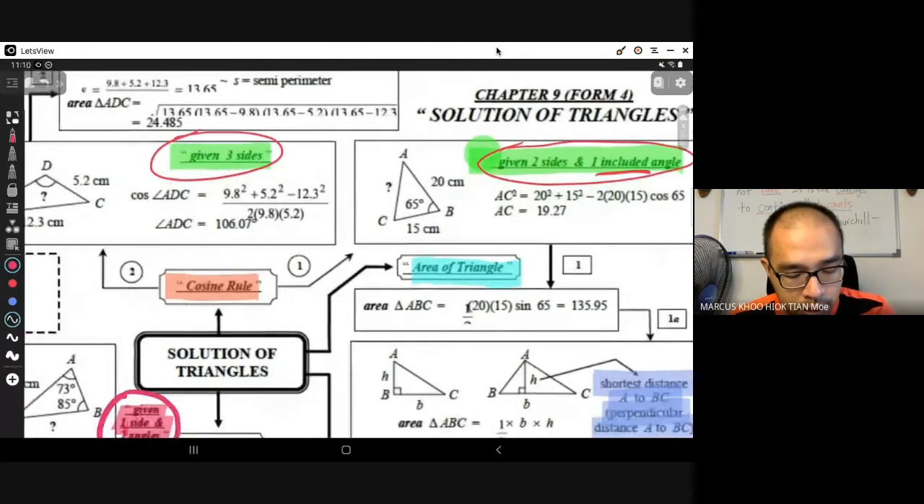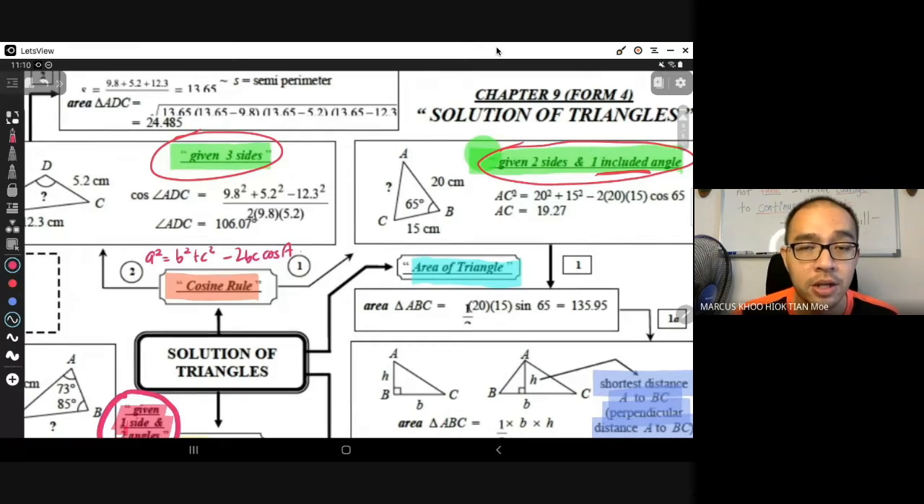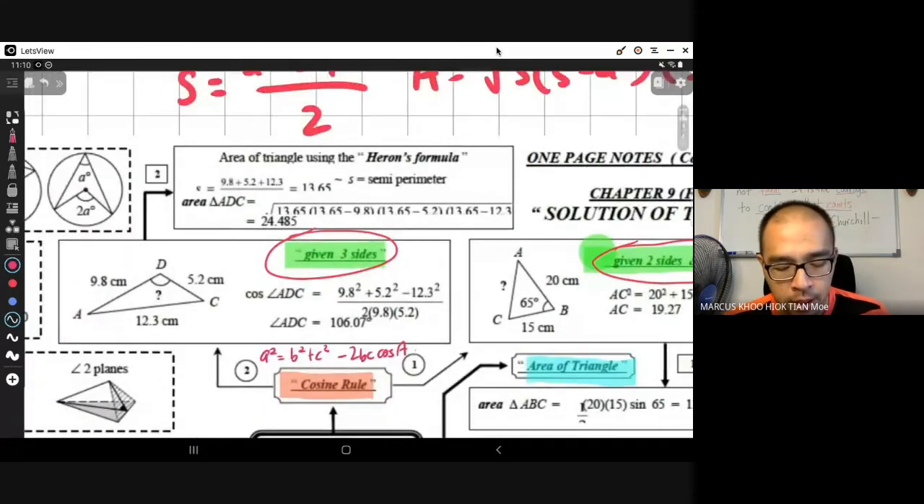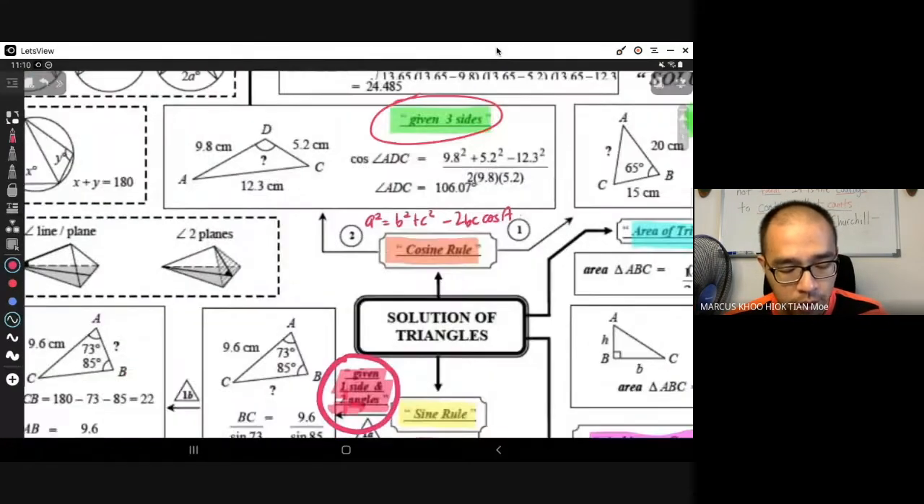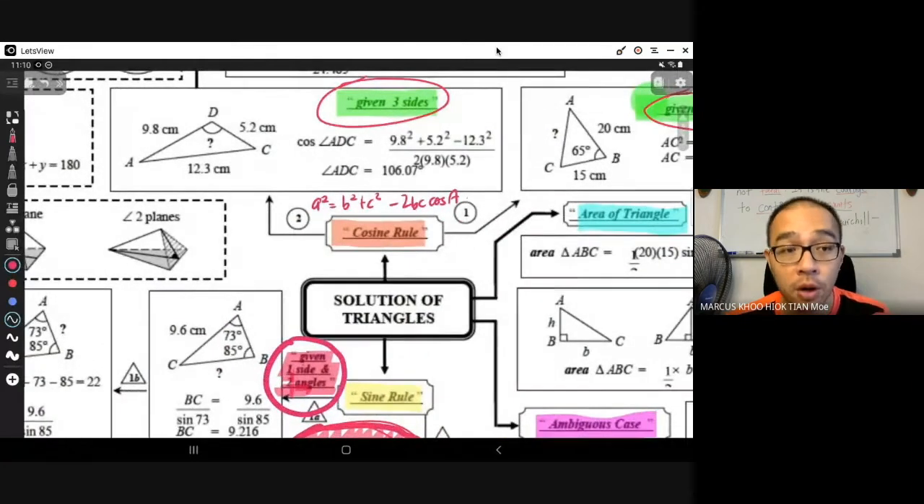Okay, cos rule is simply a squared equals b squared plus c squared minus 2bc cos A. I'm writing this very fast because you're supposed to know it already. Then after we look at cos rule,